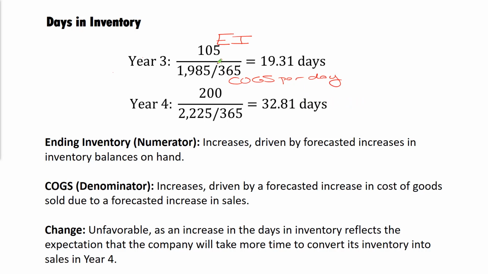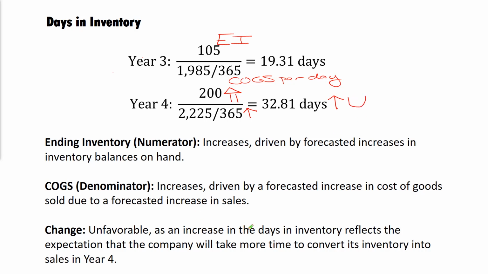So here's what we see. We notice that there is a substantial increase. So I'll show that with 2 lines to show there's a substantial increase in inventory. In fact, nearly doubled year over year. So even though the cost of goods sold per day is also increasing, and those now would have counter effects on the ratio, or in this case on the number of days, because the increase in the numerator is so dramatic, that is going to drive an overall increase in the ratio, or as the number of days.